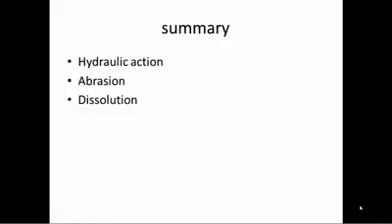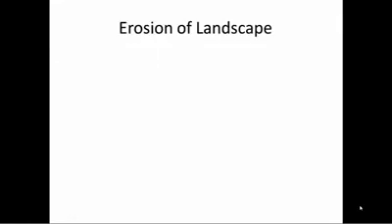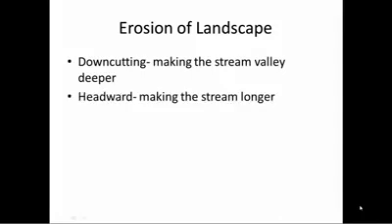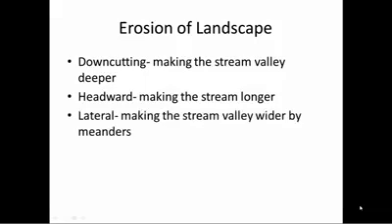In summary, the three major ways in which running water erodes bedrock are hydraulic action, abrasion, and dissolution. Which is the most effective? Yes, abrasion. As running water erodes the bedrock, it changes the landscape and its own stream valley. The three kinds of landscape erosion are downcutting, making the stream valley deeper; headward erosion, eroding the stream channel and its features further and further upstream; and lateral erosion, making the stream valley wider by the action of the stream's